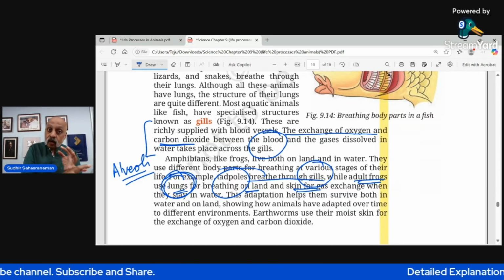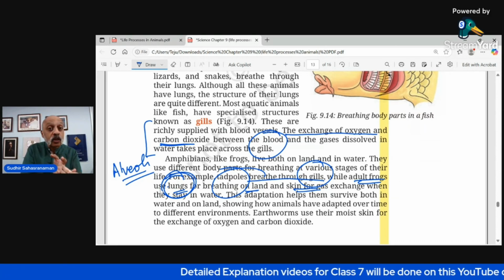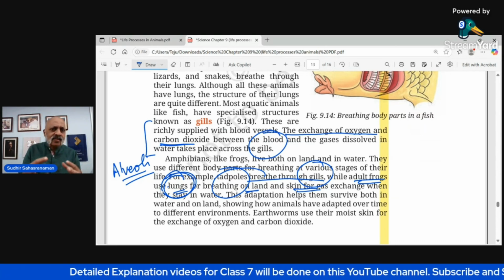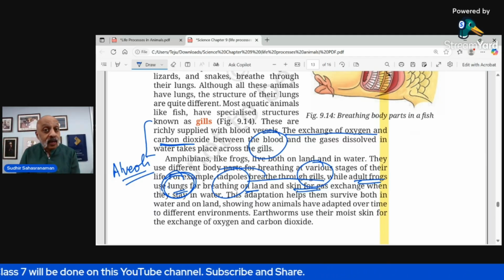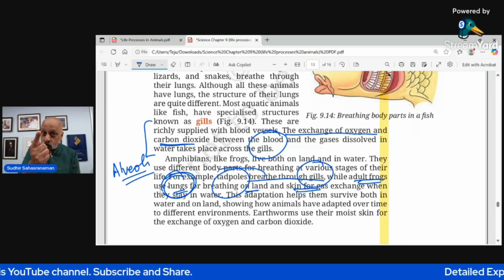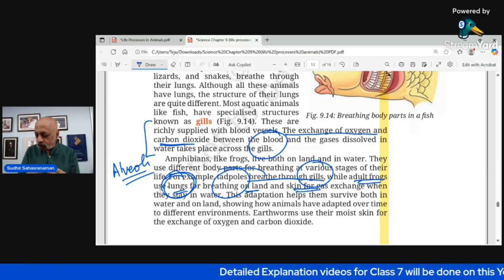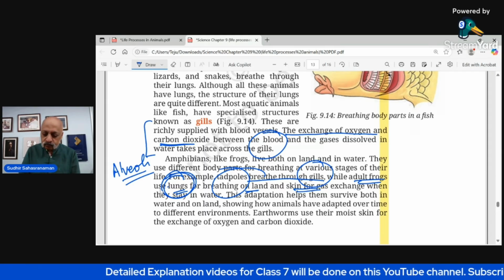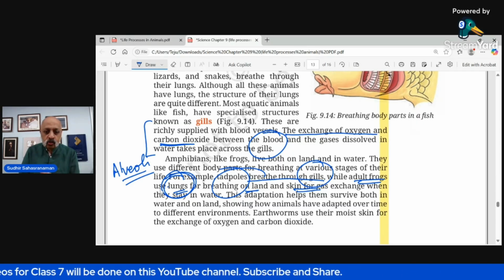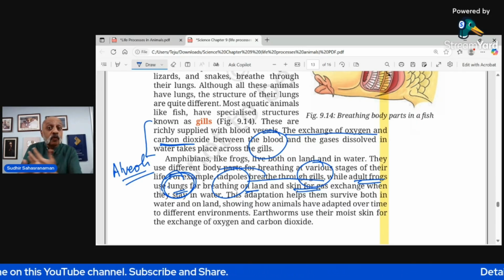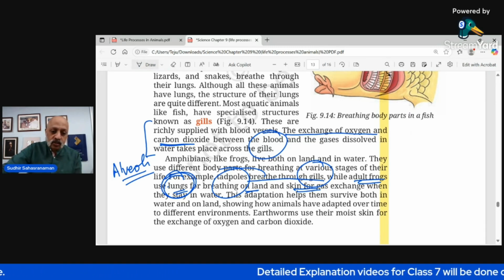They use the skin when they are in water. The adult frog uses the lungs. The tadpoles, that is a smaller version of the frogs, use the gills. As a result of which they are able to survive both on water as well as on land. What about the earthworm? The earthworms you would have seen, the brown color insects, not insects, they are a form of, what do we call it? Organisms that you would find especially during rainy season and on moist soil. So they use their skin, which is very moist, very soft, for exchange of oxygen and carbon dioxide.